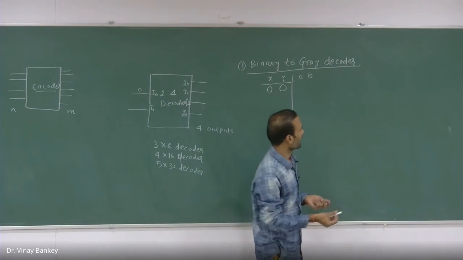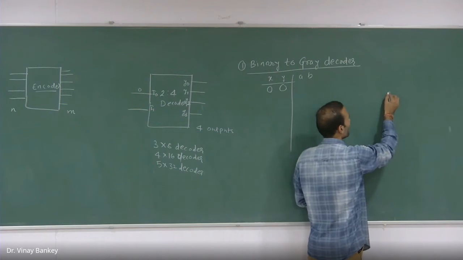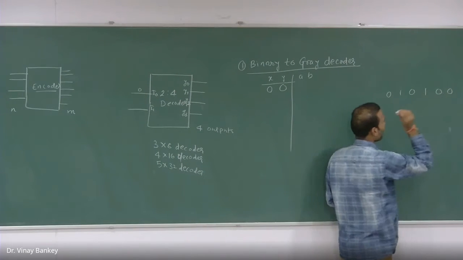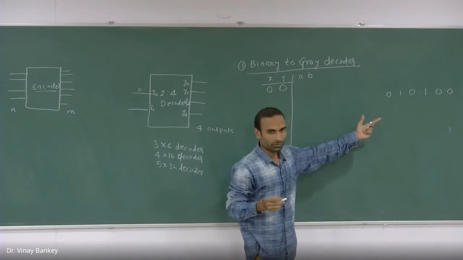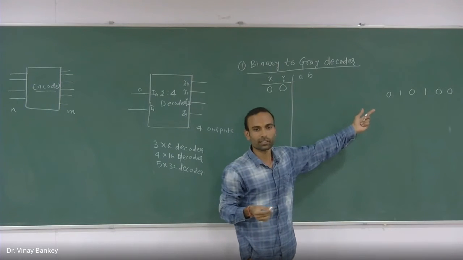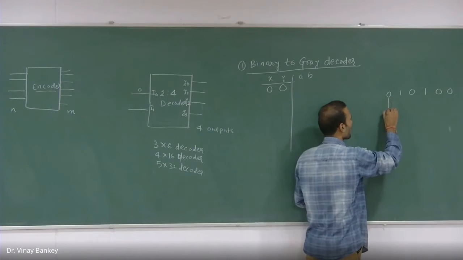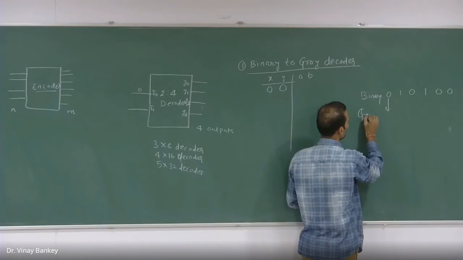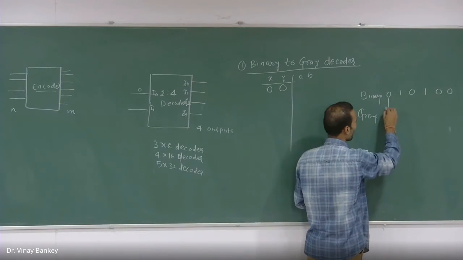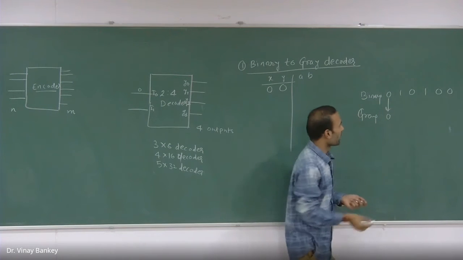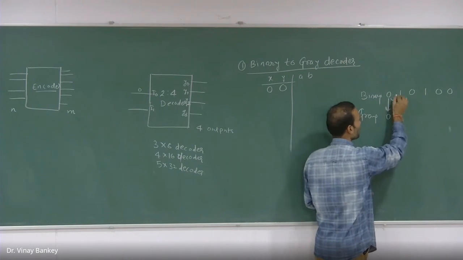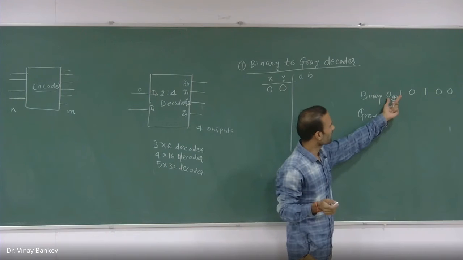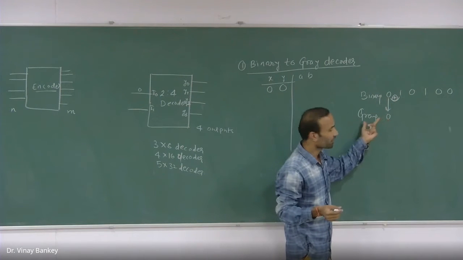Okay, so the rule is that if you have n number of binary inputs, let's suppose I'm taking an example here. This represents the binary number, and you want to convert this into gray code. So what will you do? You will take this MSB bit, this is binary, and this is gray. So the MSB bit will be as it is. Then you take XOR operation between the bit you are considering and the next bit. So the XOR between these two will be the next bit in the gray code.